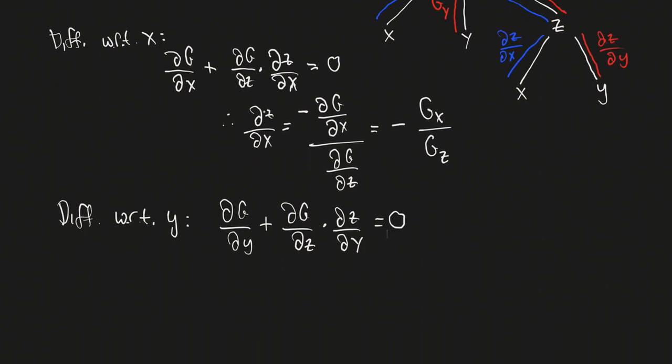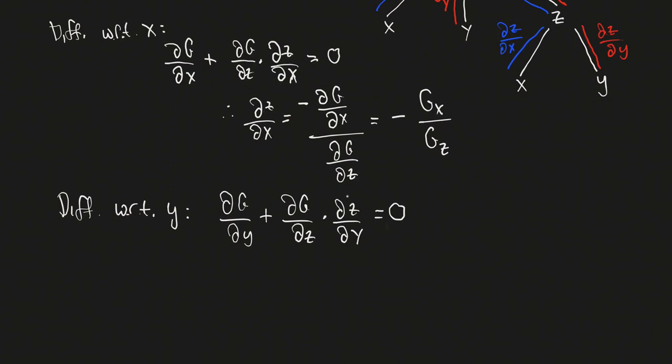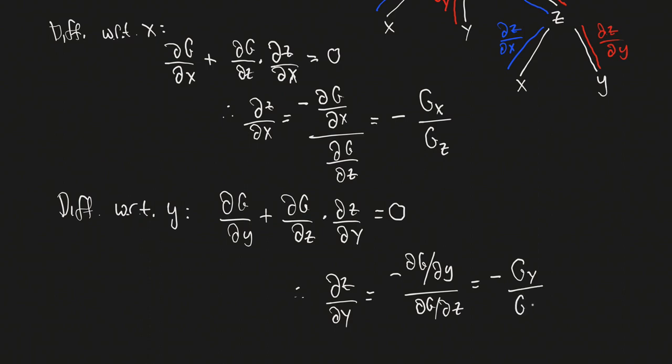And then when I isolate, so this is what I want. I want the partial derivative of z with respect to y. So therefore, dz dy is equal to the negative of this, right? My dg dy now over dg dz, which might be easier to express as a negative of g sub y over g sub z,